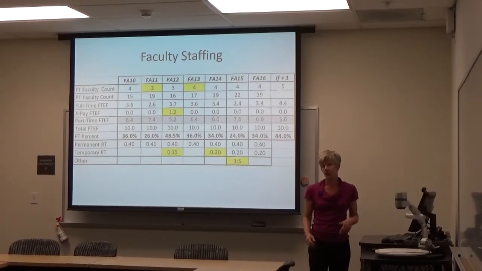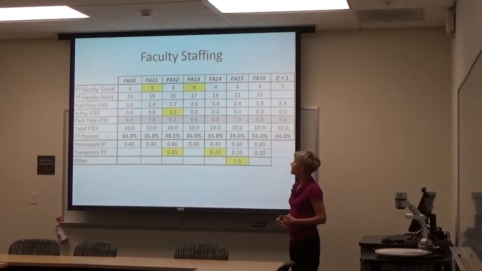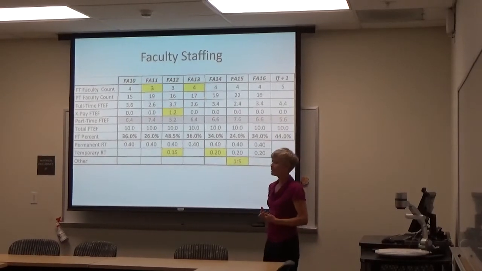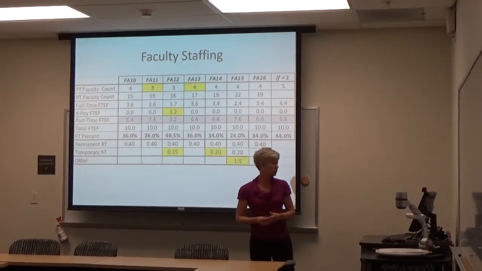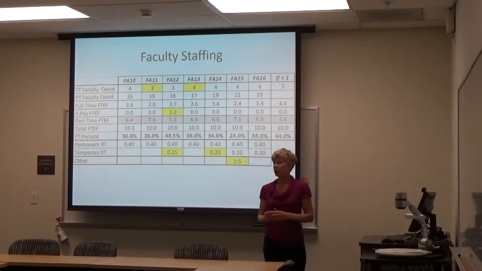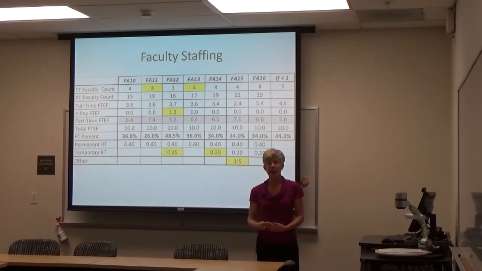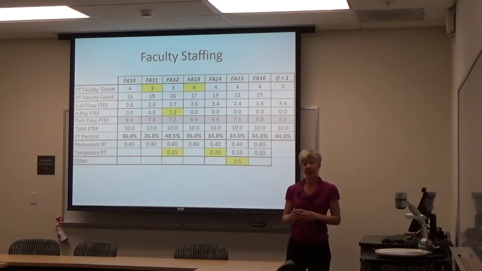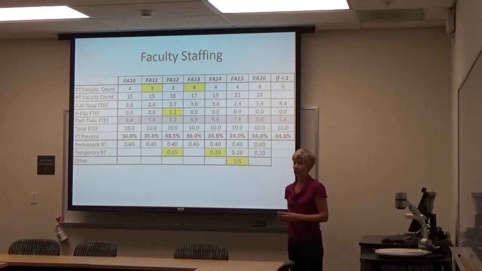All right, we're going to focus to begin with on the faculty staffing table. This is a fairly complicated table, so we're going to take it step by step. And I've built this example table that shows a lot of the different things that can happen in a department, and we'll see the effect that has on some of the quantities that we're calculating that describe what's going on